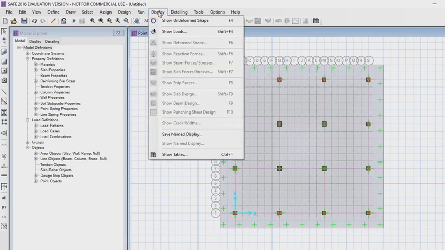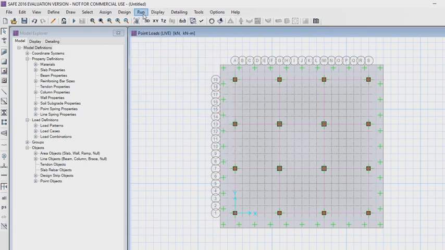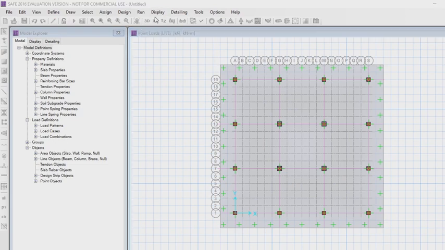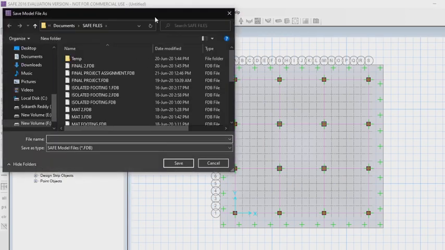Go to the display menu. Go to run and click on run analysis. Save the file with a suitable name.